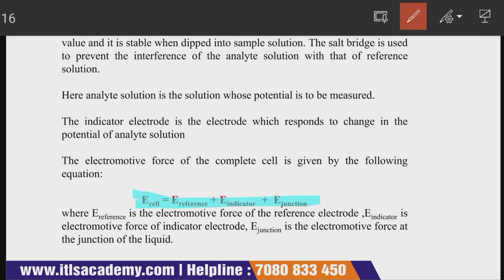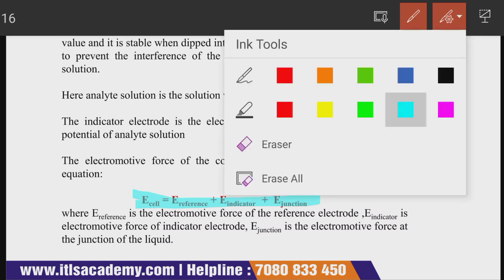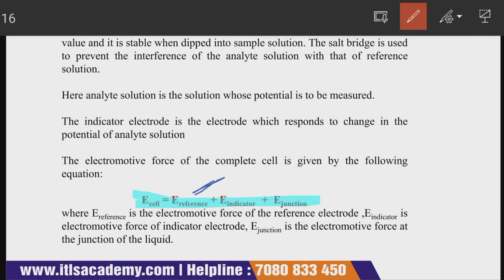Here E reference is the electromotive force of the reference electrode,